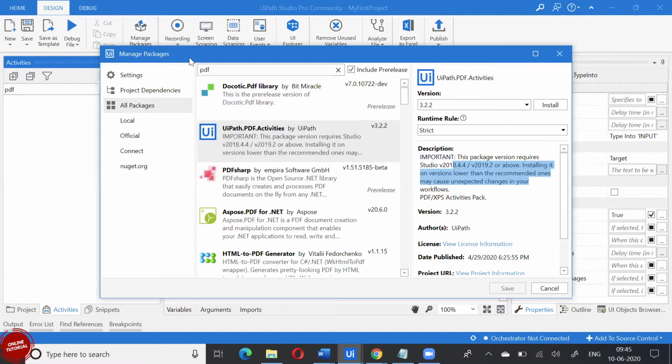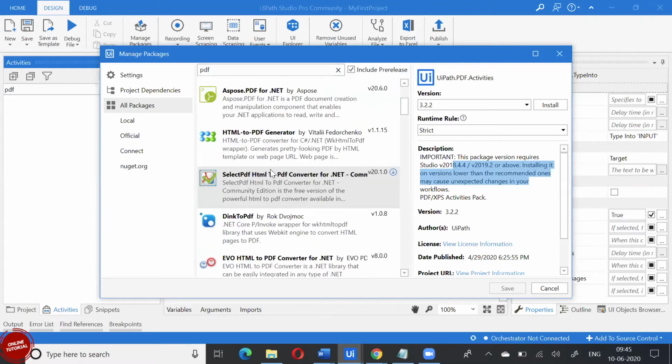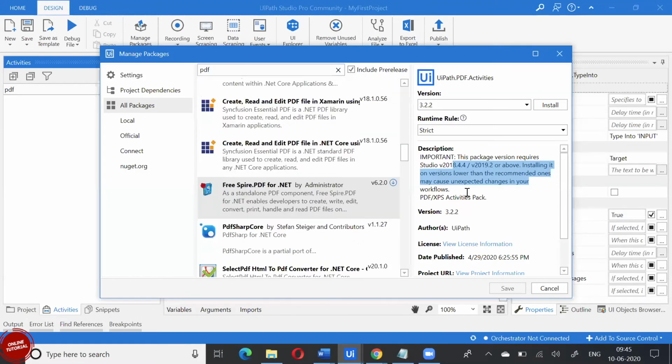This managed package, these libraries are the global libraries path that we were seeing previously. All those libraries will fetch you the respective libraries. If you do not have a PDF reader installed in your system, it doesn't matter at all. It's based on your requirement. What is required on a day-to-day basis is given by UiPath. Anything apart from that you want, you can always go to manage packages and download it.